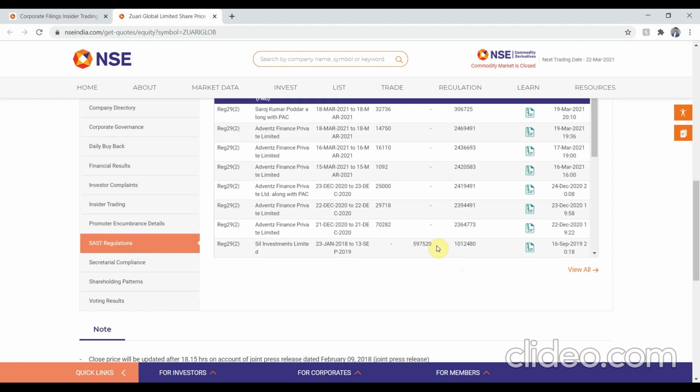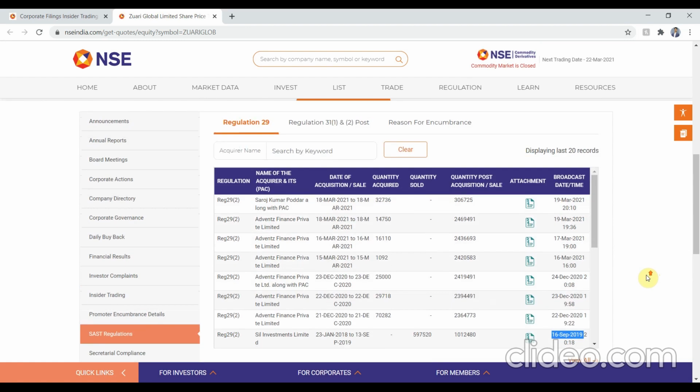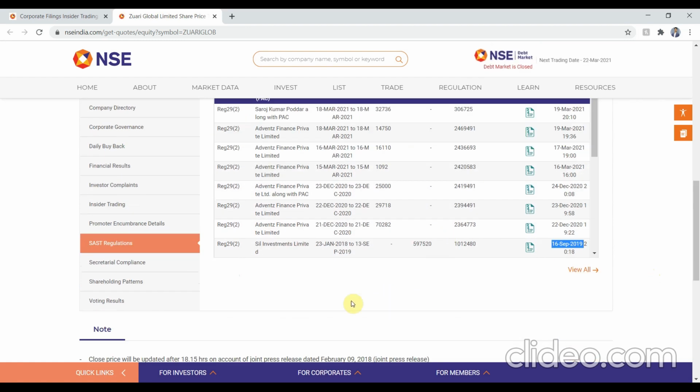As you can see, the most recent selling that has been reported to the NSE is by SIL Investment Limited, but it was on 16th of September 2019. It was not after 21st of September 2020, which is the 6 months range I was talking about. So this passes the filter once again.